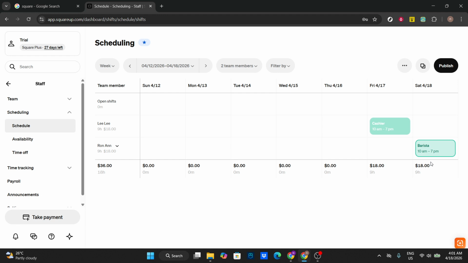A couple of quick tips as you work. Keep an eye on overlapping times to prevent double booking someone. It's easy to miss when schedules get busy. Also, consistent start and end times across similar roles can make future scheduling faster, because you'll recognize patterns at a